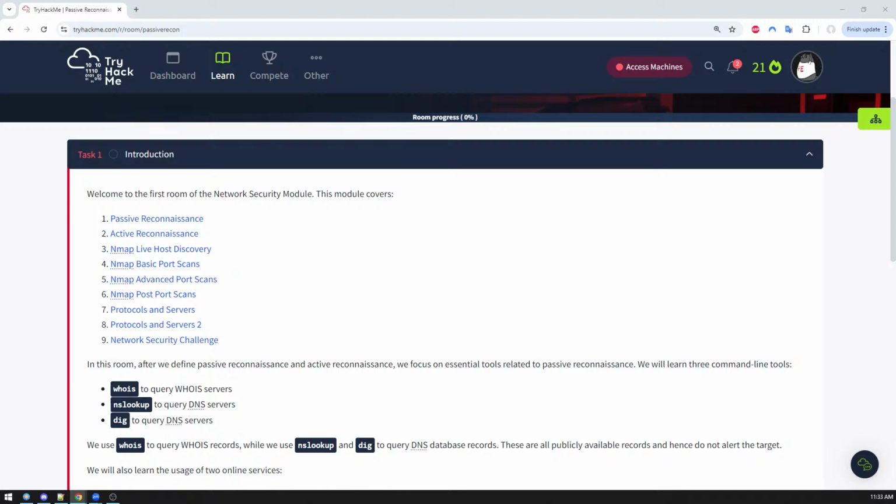Welcome to the first room of the network security module. This module covers passive reconnaissance, active reconnaissance, Nmap live host discovery, Nmap basic port scans, Nmap